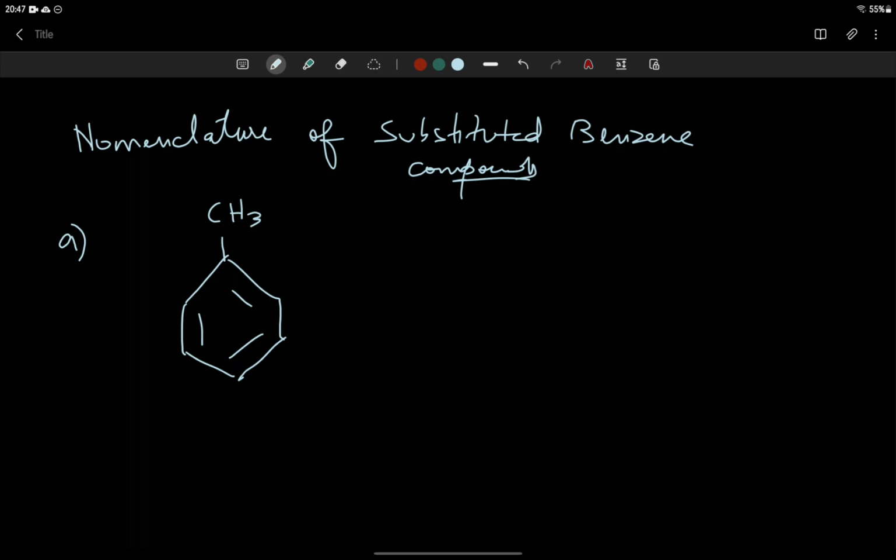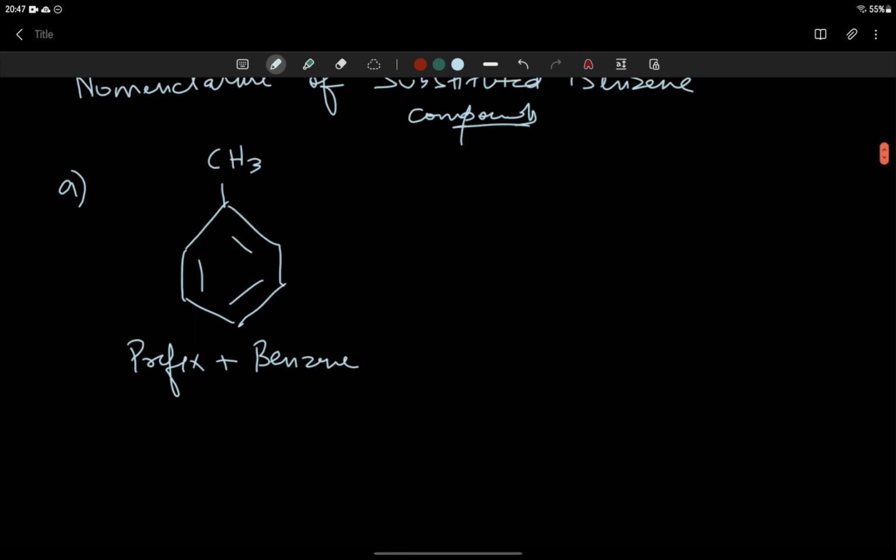So what we will do is we will write the name: prefix plus benzene. Now in the prefix, what is the substituent over here? Methyl. So we will write methylbenzene. Now in the second question, just suppose you have this